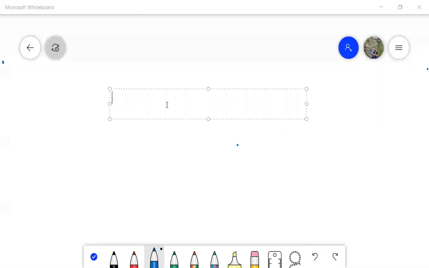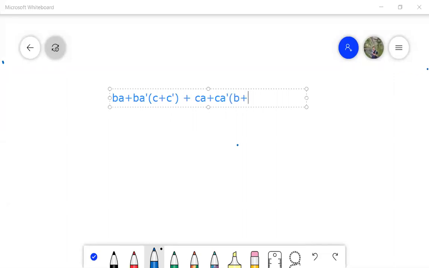So now if we expand, the expression will be equal to B into A plus B into A bar. Again, I'll retain C as it is. C plus C bar I am retaining as it is. Now in the next term, what did I have? The second term was C. So C into A plus C into A bar. What was missing in C again? B plus B bar was missing. So I have retained it as it is.